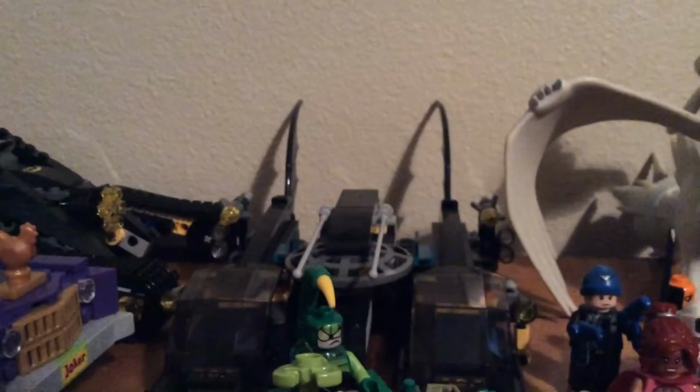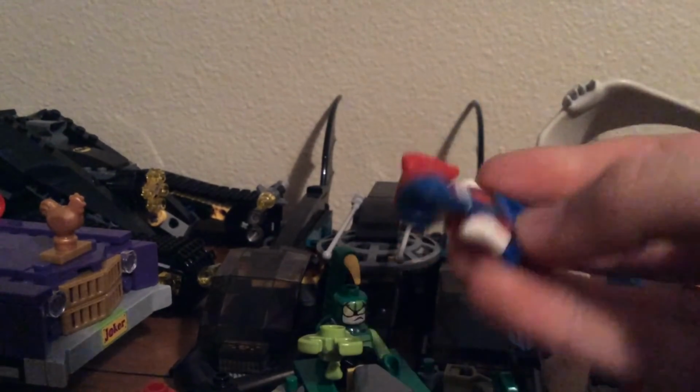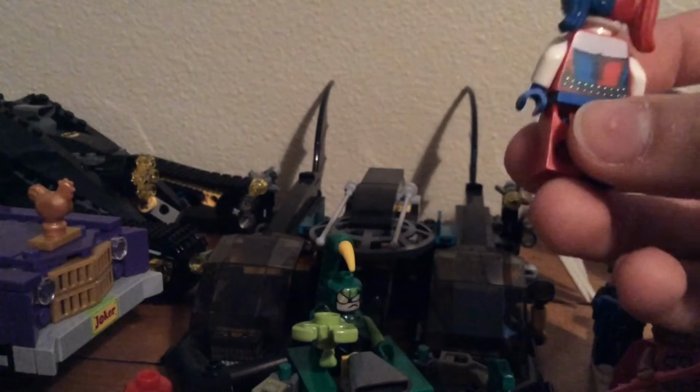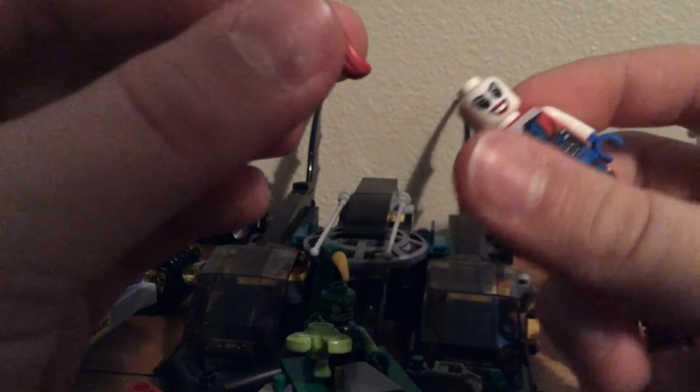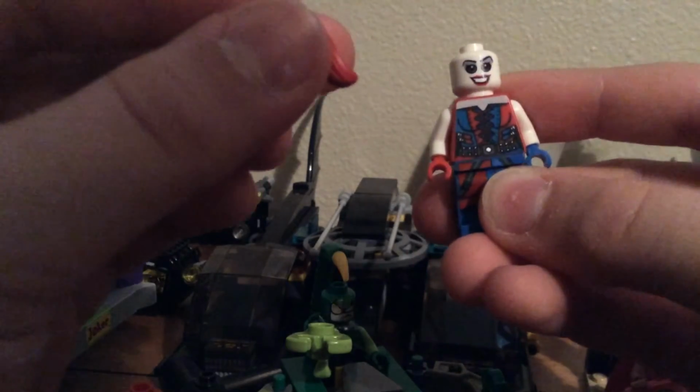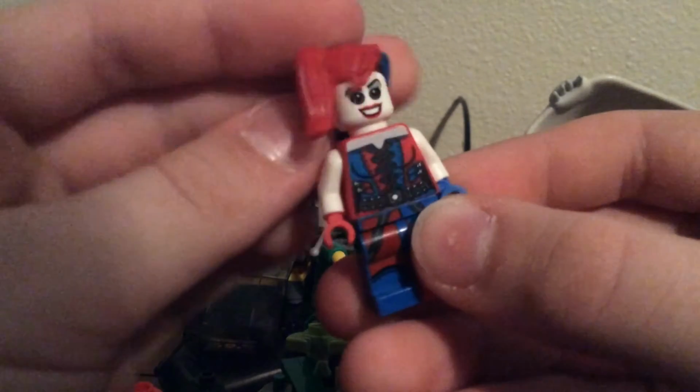Here's a little close-up again. Here's the others I didn't really forget. Oh, there's one more. There's one more I forgot. The Suicide Squad Harley Quinn. It was the only one I had. I only put her in one stop motion. I don't like the back or her hairpiece because it doesn't really cover up that much her face. Just an angry side and a happy side. Then she has unique, sort of like a circus painting or printing for the